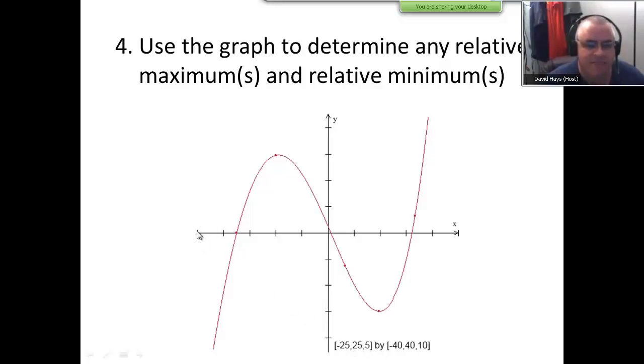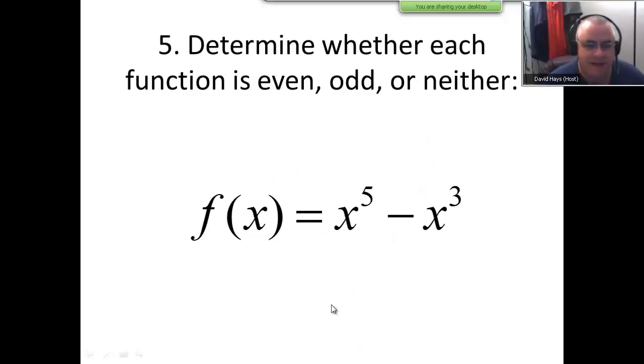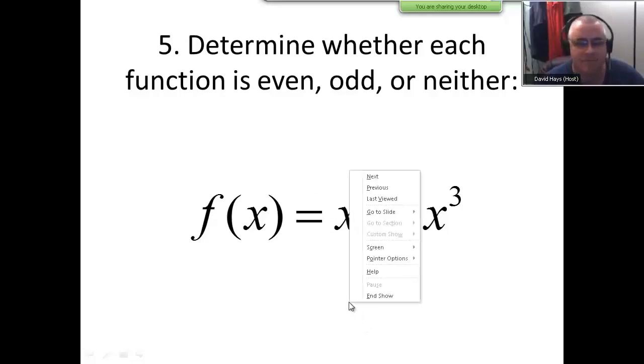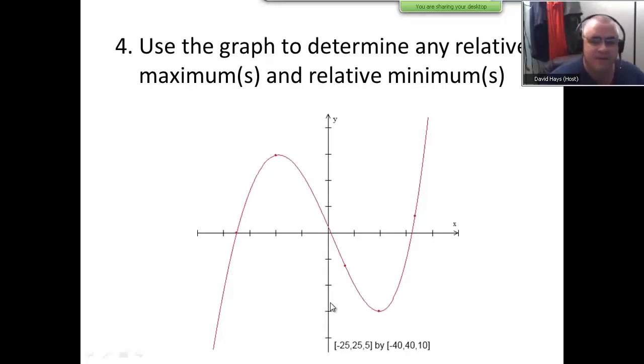What it's saying is this leftmost tick mark is -25. Next one is -20, -15, -10, -5. So it's going from -25, or rightmost. Trying to be real careful not to touch it. Then it's going to +25, which is our rightmost, and -25 is our leftmost, and it's going